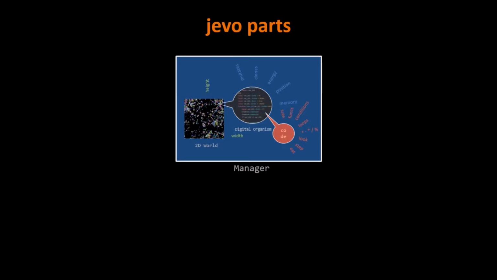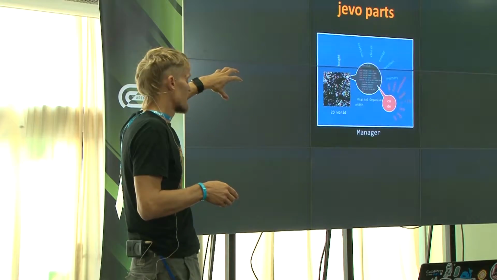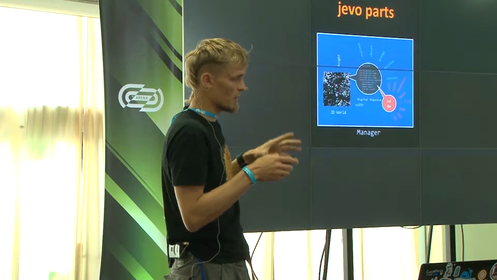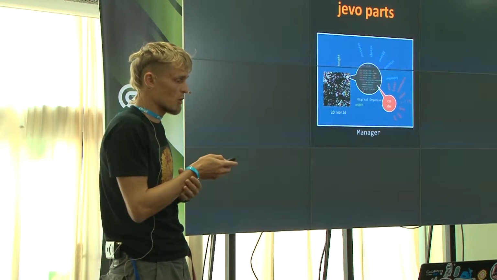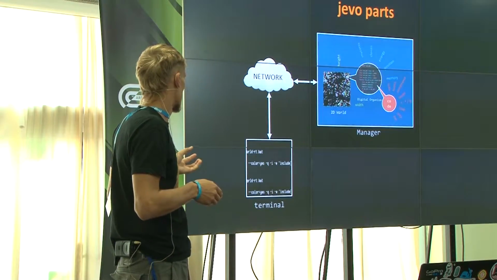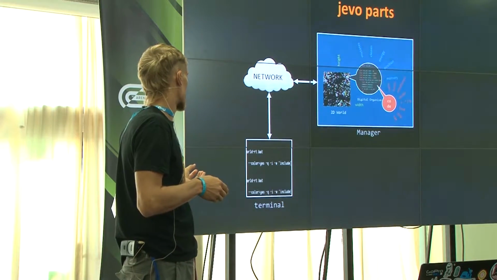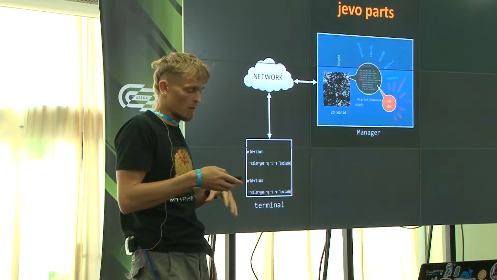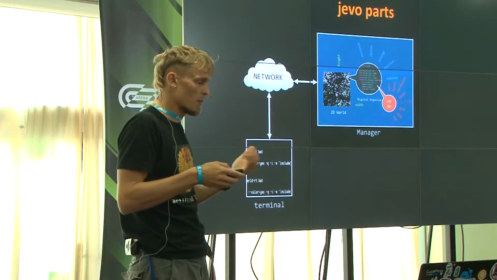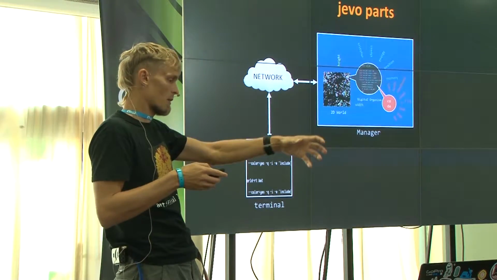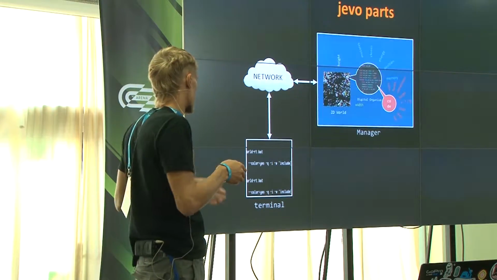So this is it, and all this stuff is inside one manager. One manager is a system process. A system process is a real process in the operating system, and you may create a connection through the terminal, type some command. We have a remote API for this, and take some results. So for example, how many organisms there are, take some specific code, etc.